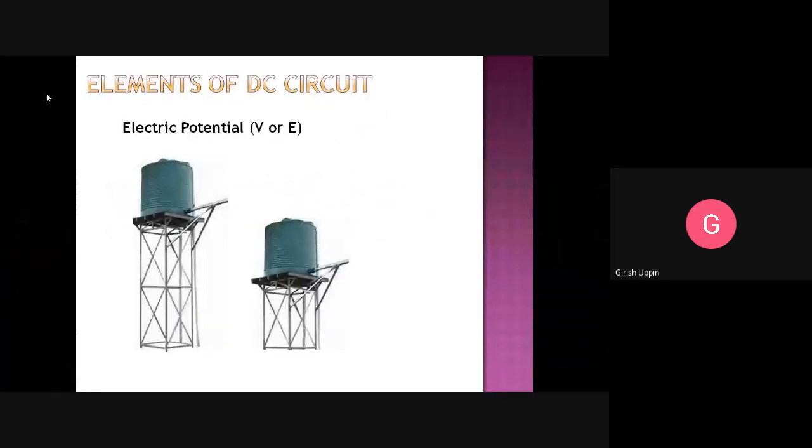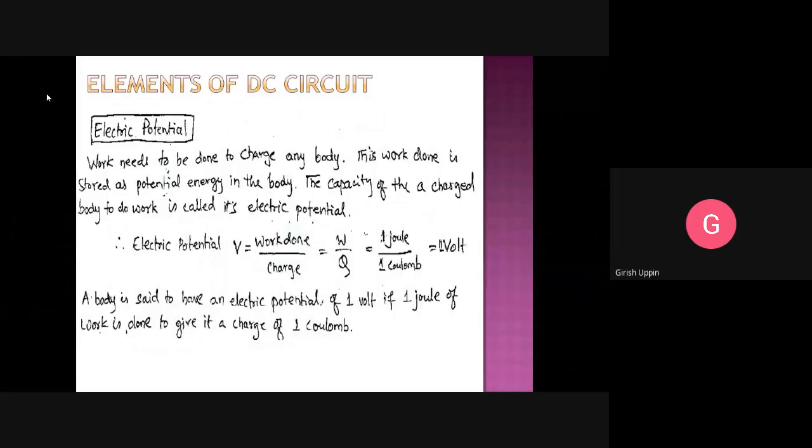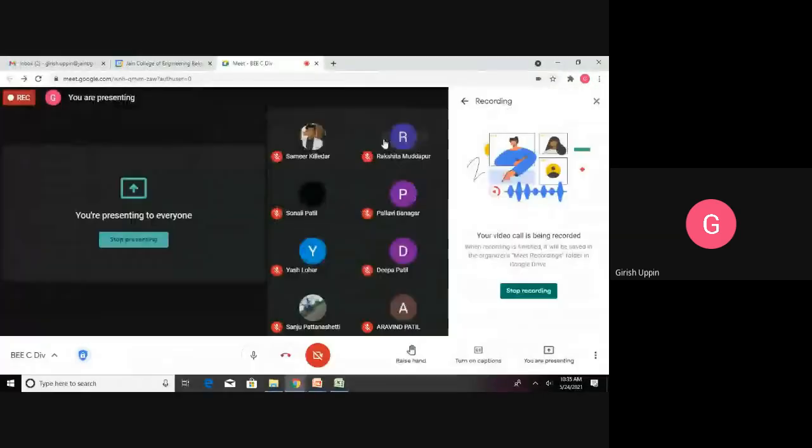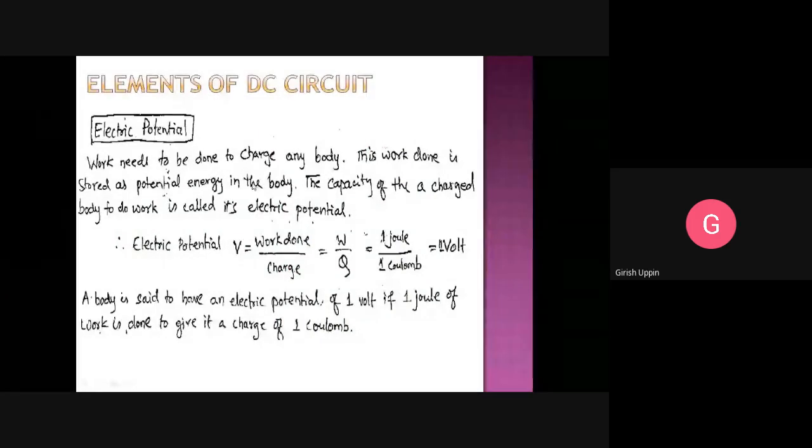And we looked into electrical potential. What is the electrical potential? It is the capacity of the charged body to do work in an electrical circuit, that is called an electrical potential, and it is represented in volts. So electrical potential or voltage, whichever. I told you, you can use these terms synonymously: electrical potential, electrical voltage, potential difference, voltage difference, right? All these can be used synonymously. For practical reasons you can assume it's almost the same. So electrical potential is equal to work done divided by the charge, W divided by Q, represented in volt.